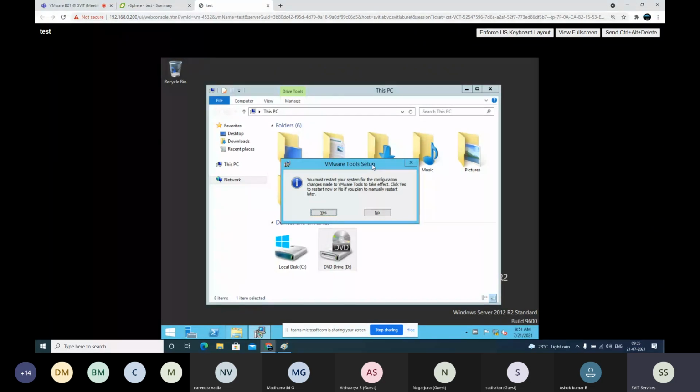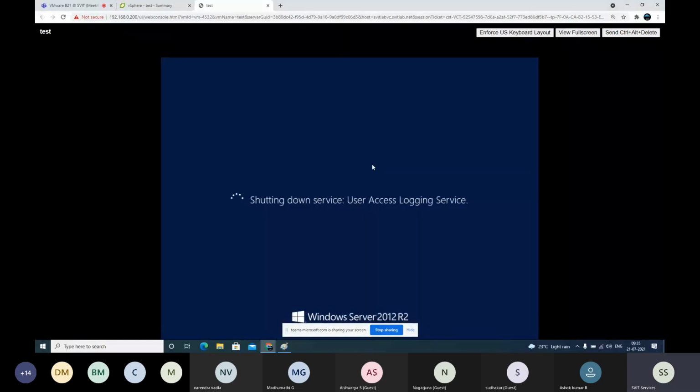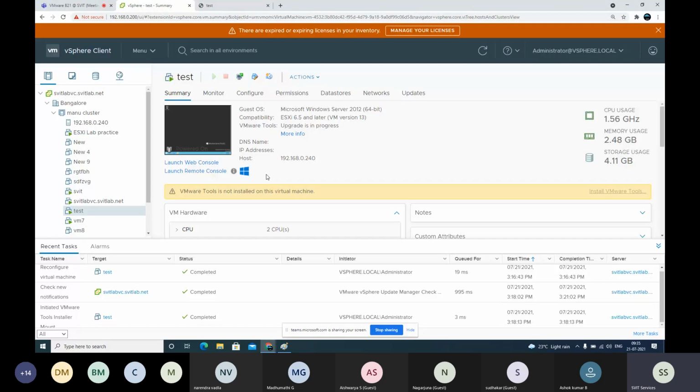Even during upgrade, it is the same process. If it is an upgrade, it means definitely somebody will already be using it for some time. You need to get his permission. He will give you time to perform it in his lunch time, after hours or weekends. Here we just created this VM, not yet submitted, so we can restart any time. You should not restart whenever you want, and you should not upgrade either. Even if it is showing upgrade available, don't upgrade immediately. Whenever you find a VM with an upgrade available in real time, don't upgrade.